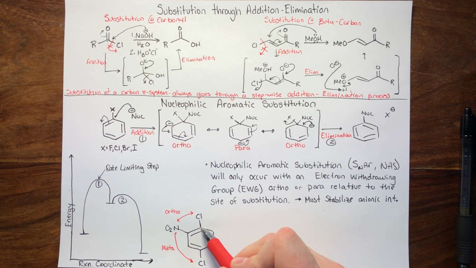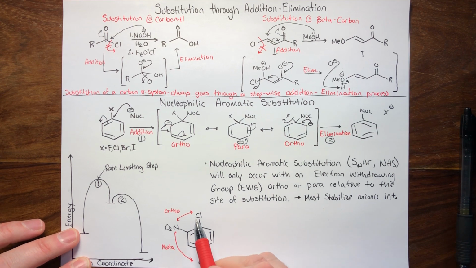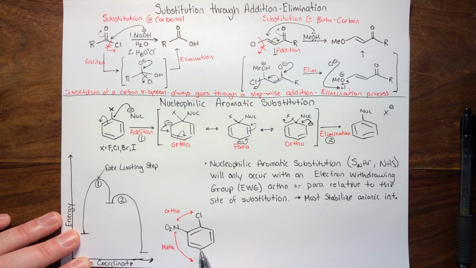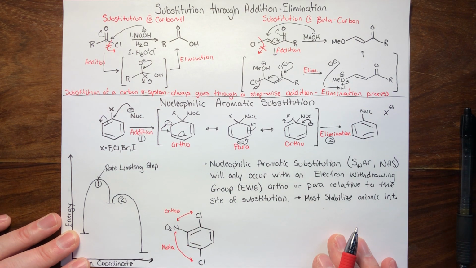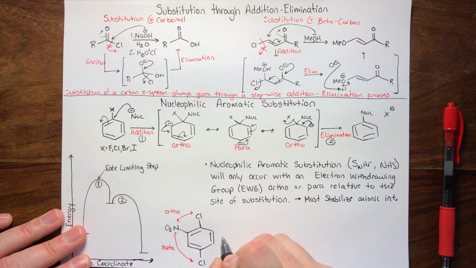So if we do a substitution on this carbon, when the anion forms, it will be concentrated in the ortho, para, and ortho positions. If we do a substitution at this carbon, again, the anion will be concentrated in the ortho and para positions. So if we add a nucleophile, and we're going to add an amine nucleophile, pyrrolidine,